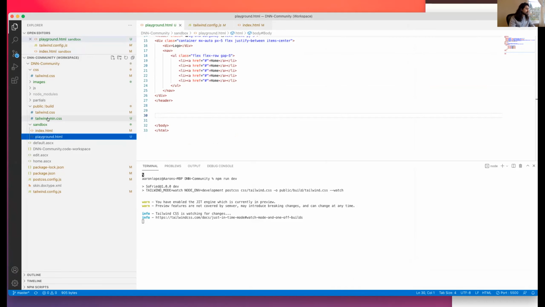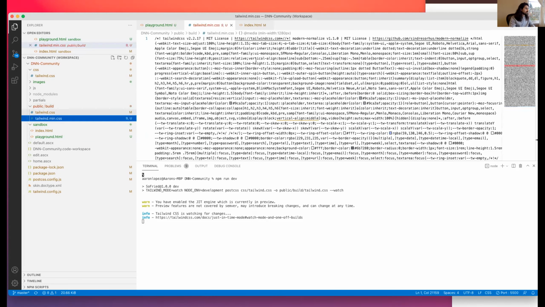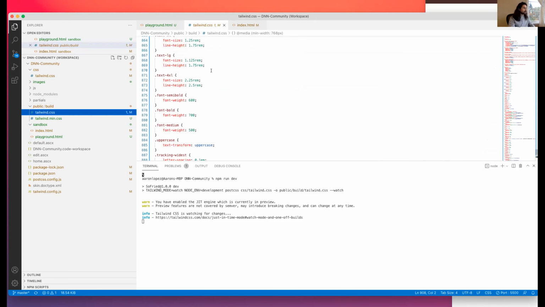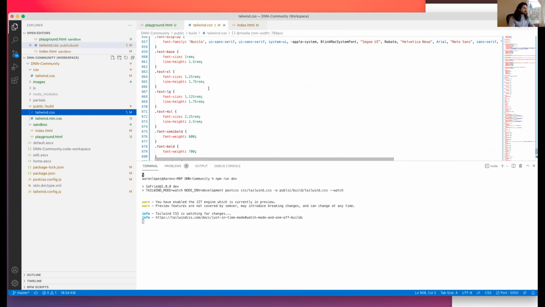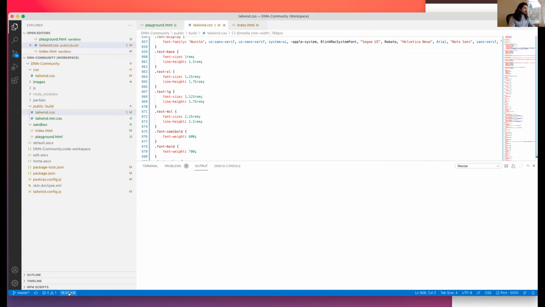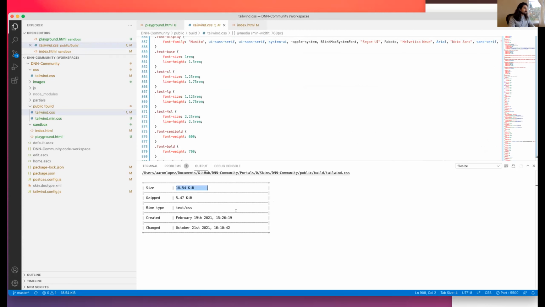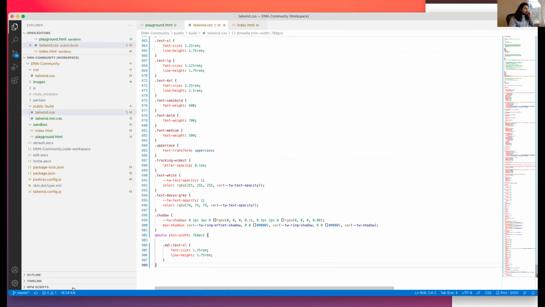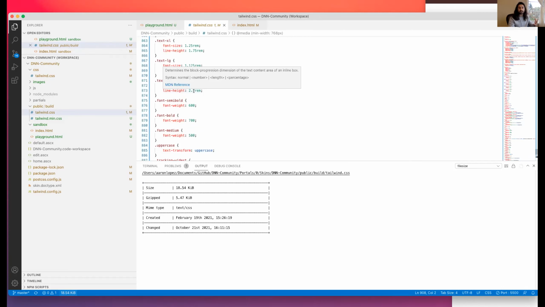But basically, you can create these layouts very rapidly. So if I look at my Tailwind, not minified because I didn't build it yet, but this is my build as it's going. You can see it adds classes as I use them. So if I look at the file size, it's only this big. So 18 whatever. And then if I reuse a class, let's say I use class flex, it's not going to grow because it already has class flex in it. So that's how it keeps the performance very small.